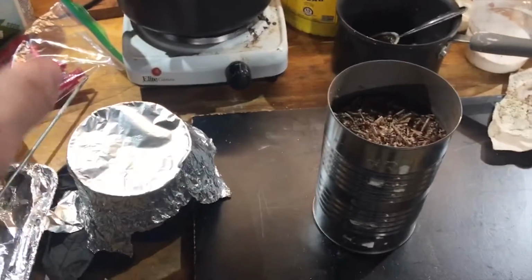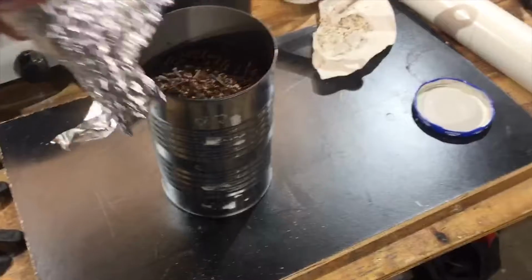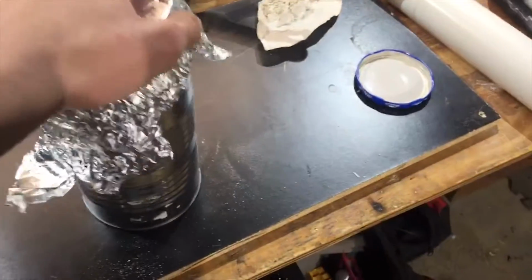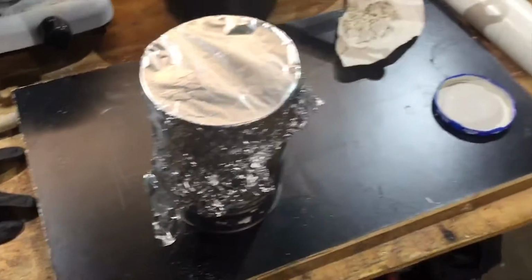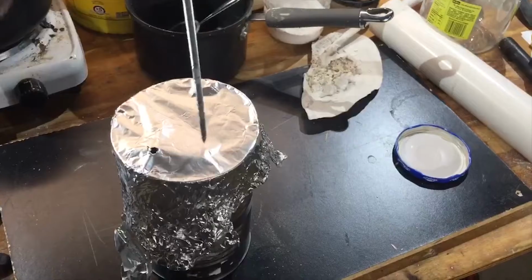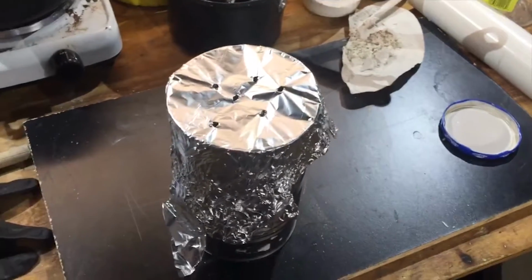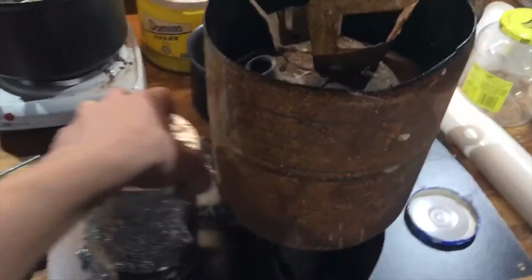So to make this, I have everything except for charcoal, and to make the charcoal, I have some sawdust in here. I'm just going to put some aluminum foil over it, and poke some holes in it so the gases can come out. And then